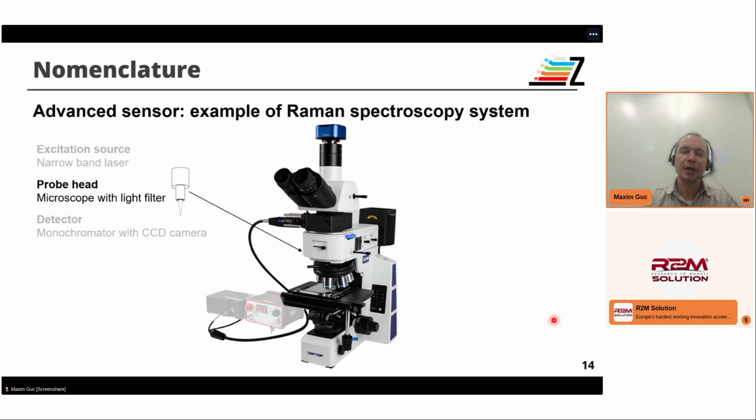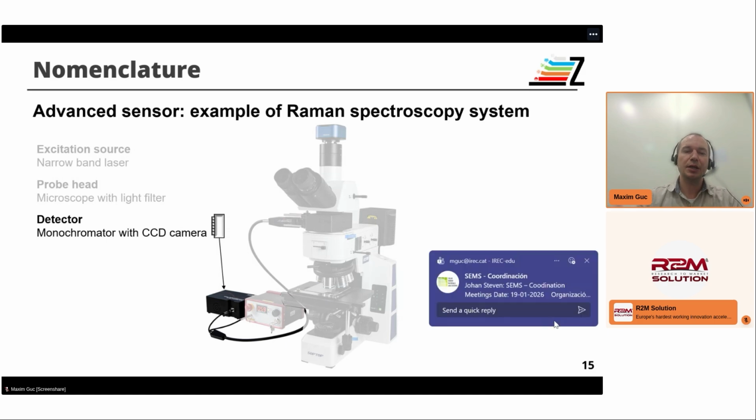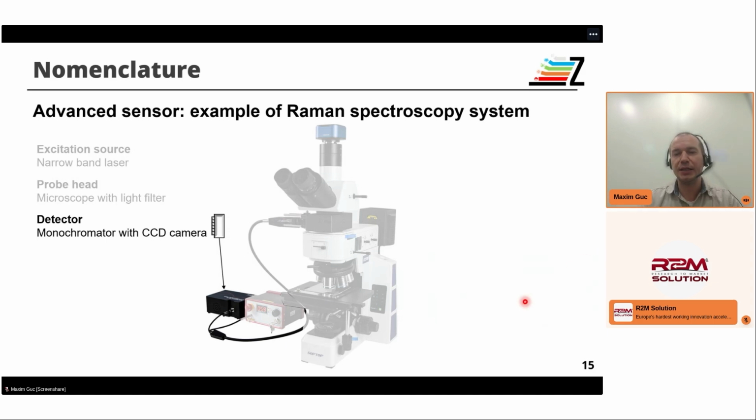the Raman spectroscopy. So it's a very complex tool, but still the main objective of this microscope is to bring the excitation light to the sample and then to collect the signal. So this would be the probe head part of this complex sensor. And then we have the detector, which in Raman spectroscopy is typically a monochromator with a connected CCD camera. So we have a dispersive element, and then a camera that detects the different signals at